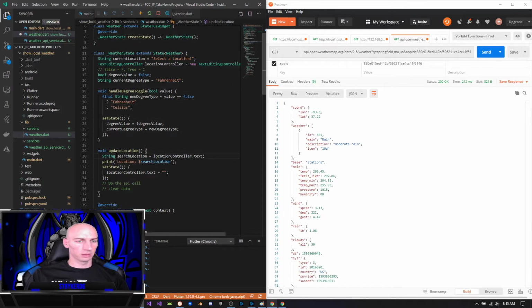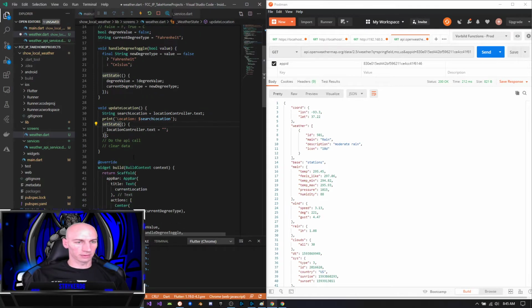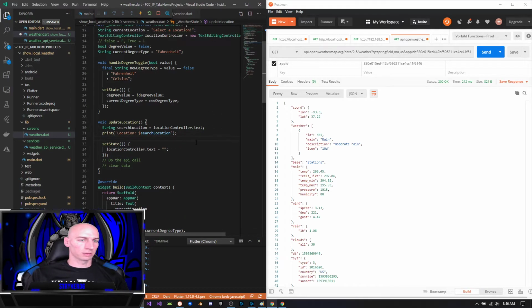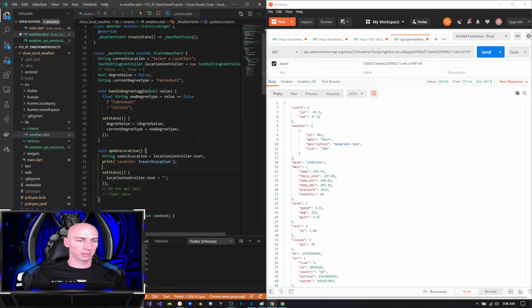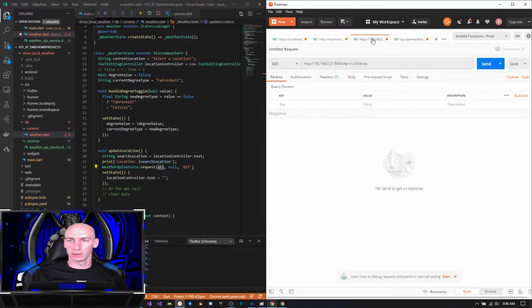And then we were going to do the API call inside of getting the location. So we've got the location, we print that out. Now what we're going to do is try doing the API call. So we'll do weather API service.request. We don't have a body, the method is just going to be get. And the URI is going to be